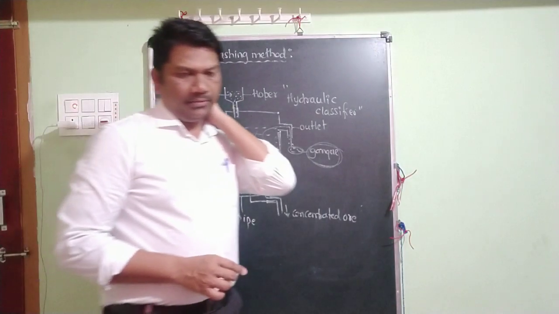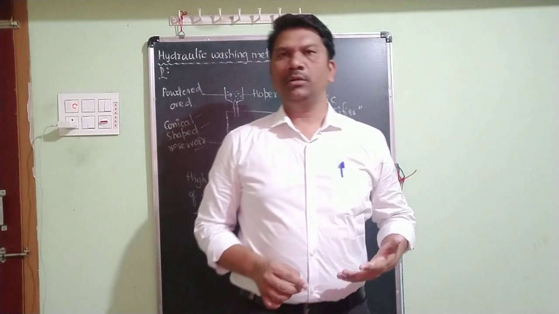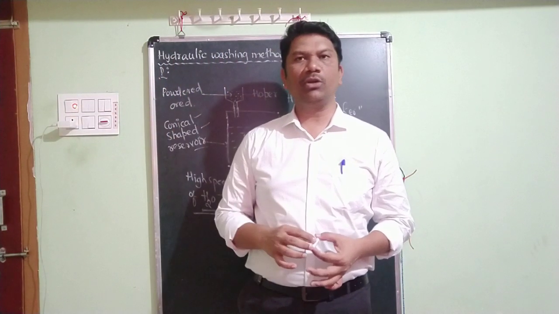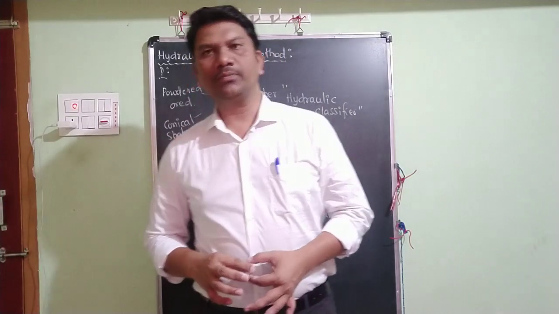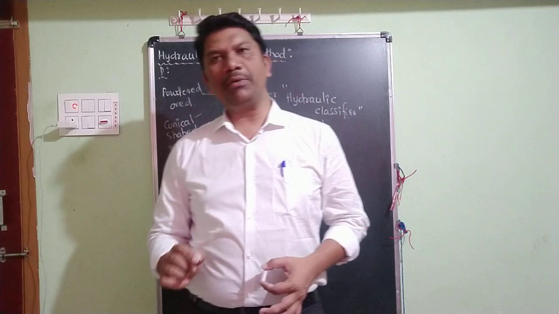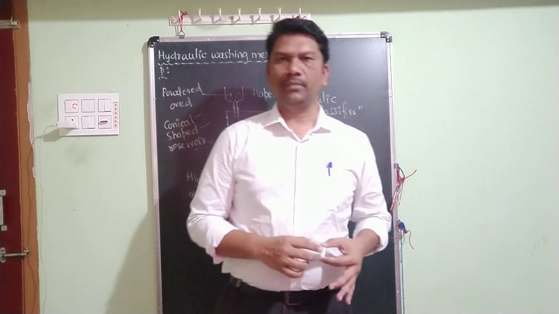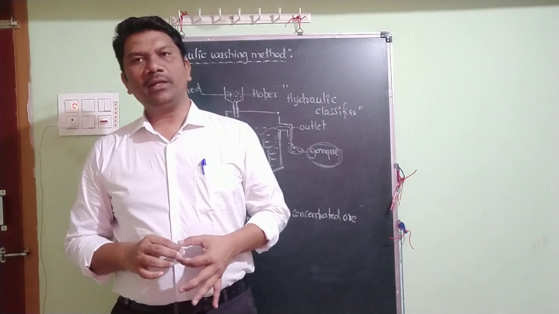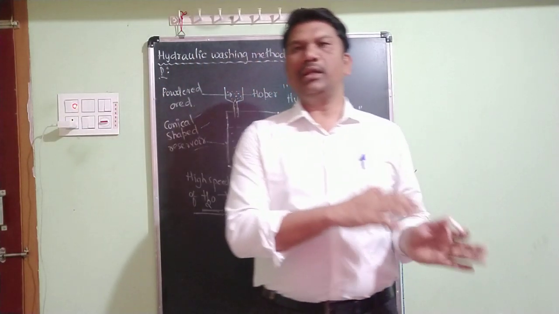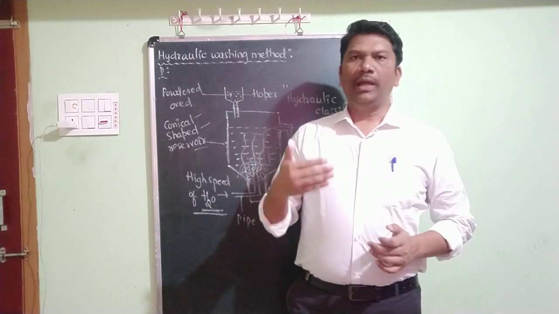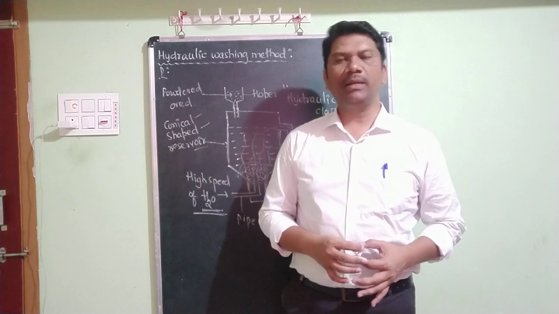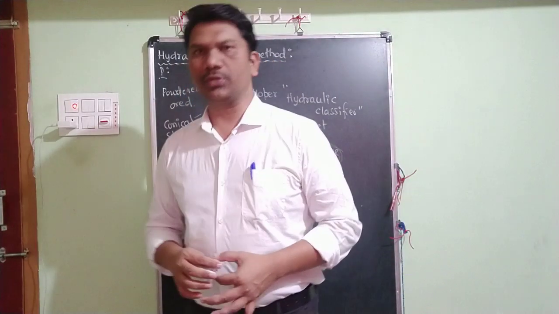So very simple method. I'll repeat it. First you should write principle, on what principle the hydraulic washing method works. So principle is, this method is based on the differences in specific gravities of ore and ganj particles. Or you can write, this method is employed when the metallic ore particles are heavier than ganj particles. And examples for hydraulic washing method: from this method we can concentrate hematite ore and chromite ores.